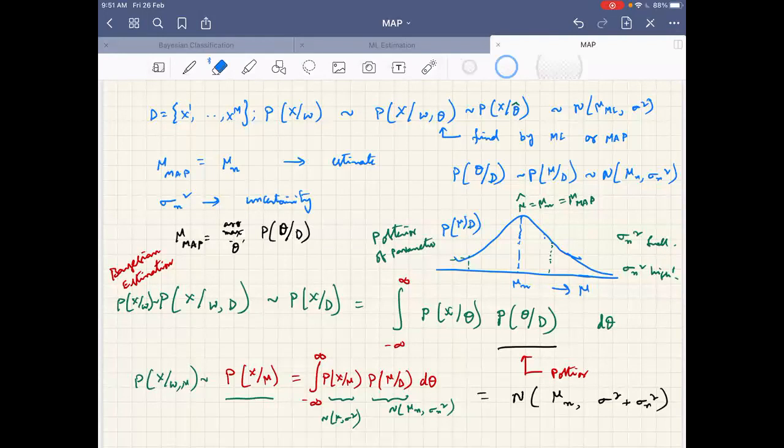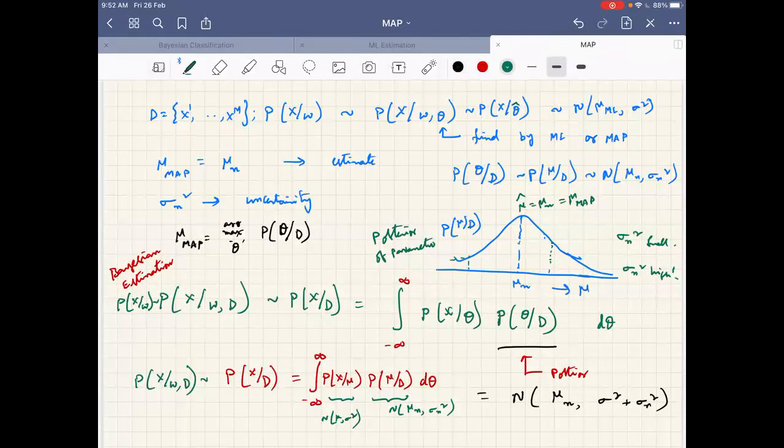So other things? Given all samples, we directly want to find the likelihood itself. We don't want to find the parameter here. Yeah, correct. Right? So anything else? Is this clear otherwise?